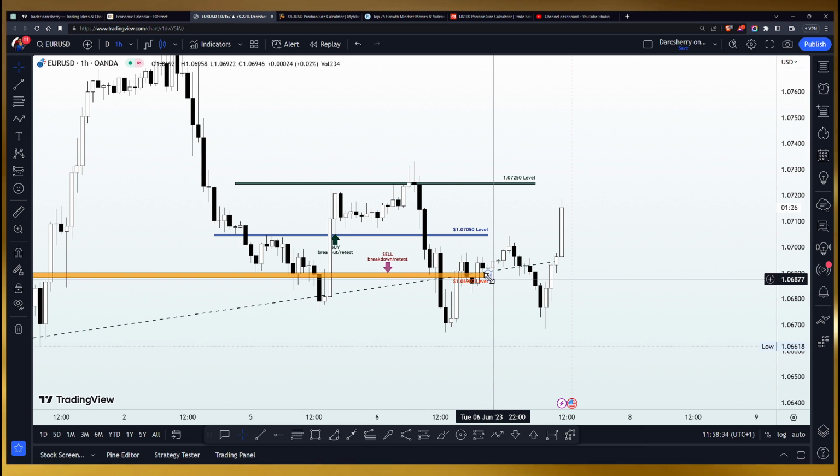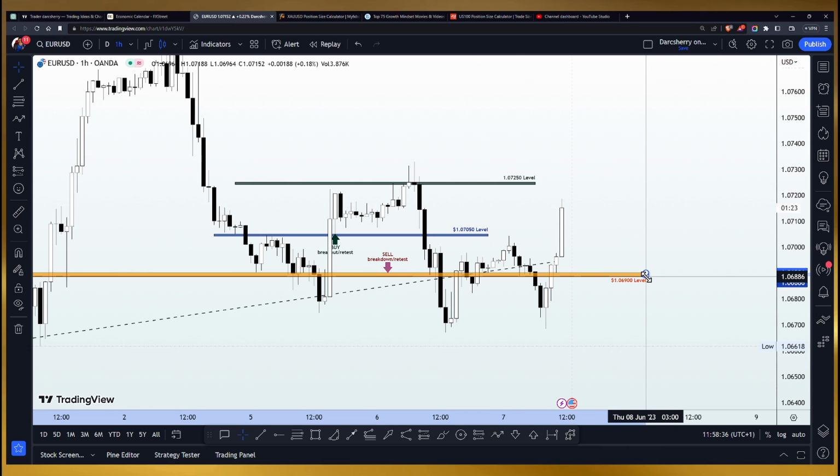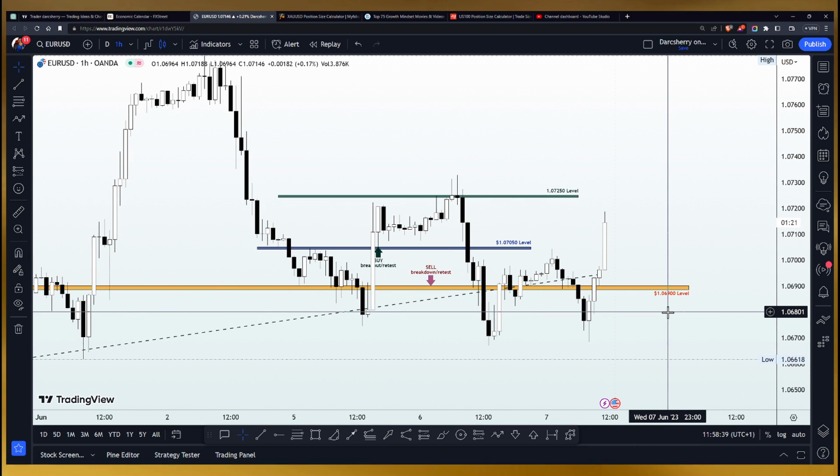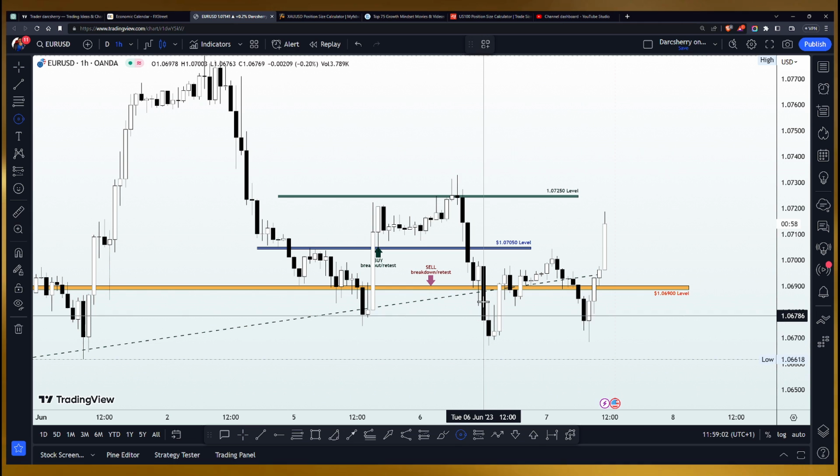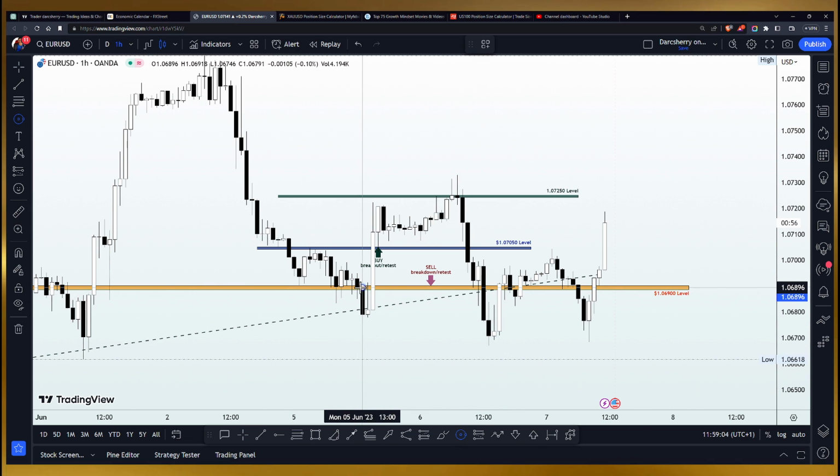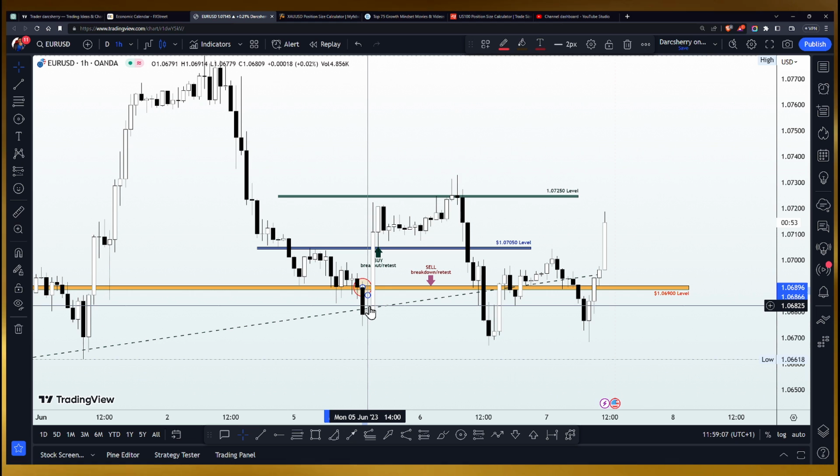So the first thing we did here on the 1 hour time frame was to acknowledge our key level, which is sitting at the 1.06900 level, and we agreed here on Monday that as long as price action remains above our key level, we definitely want to be looking out for buying opportunities. And it's until price breaks down the key level that we want to start considering selling the EURUSD at all. Though we had some situations here where price action broke down the key level, giving us some sell signals. As you can see, we saw one happen here on Monday, just right into the New York session.